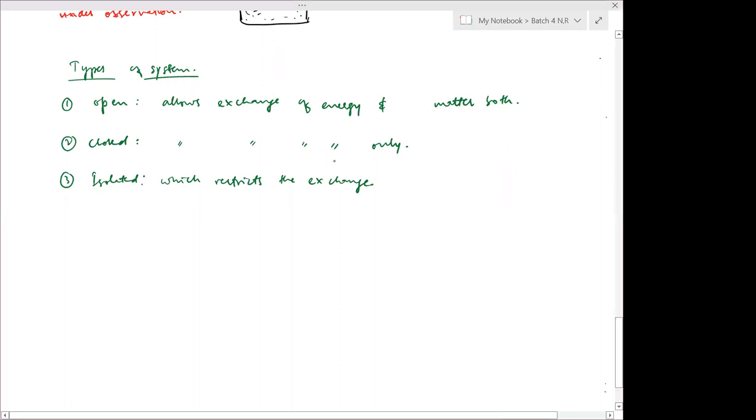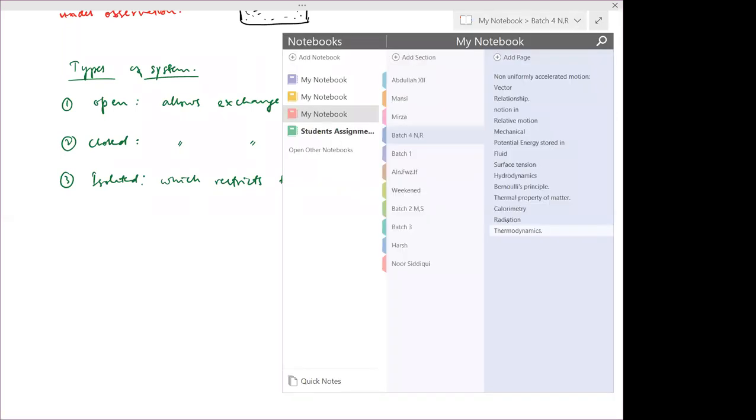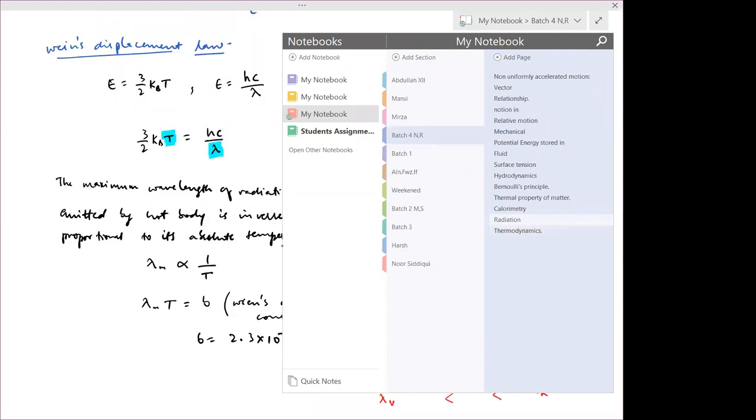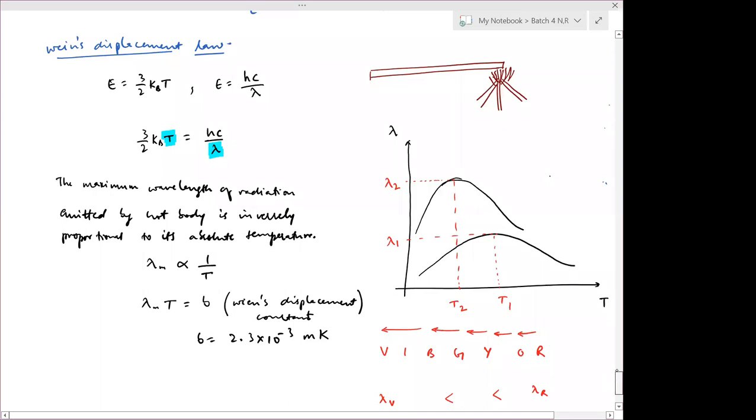Sir, yes. I have read about Newton's law of cooling. So there is a T naught and then T initial and T final. I don't get what T naught is. What's the difference between T naught and T initial? Just one minute.